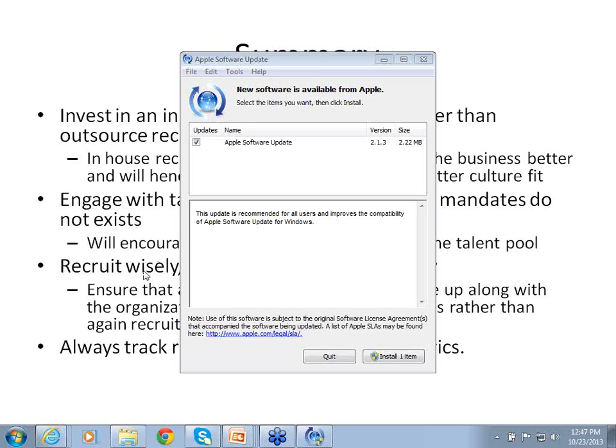I think Ms. Lavanya has a question. Can you brief us about ATS? So basically, ATS is nothing but how efficiently you track your applications and the applicants that you have. Now, how does it work? As I mentioned,